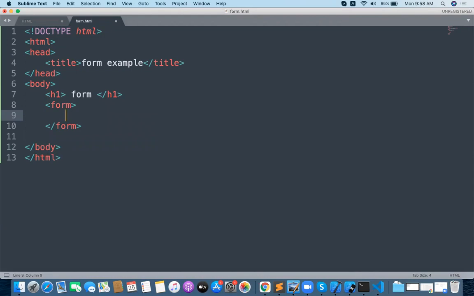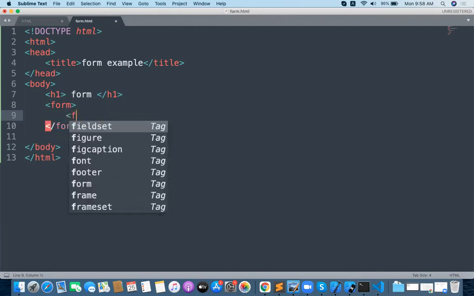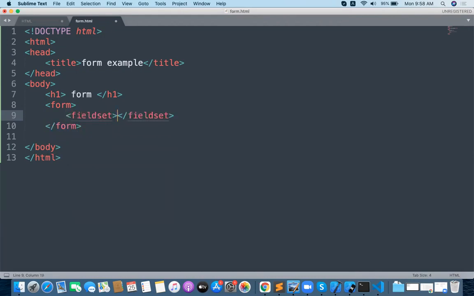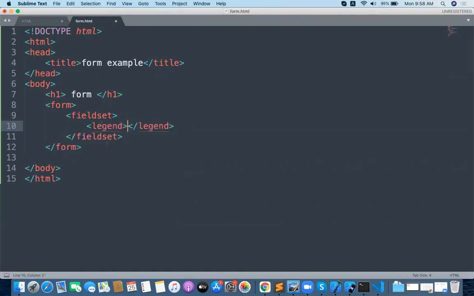Form tag open, form tag close. Inside that there is one element called fieldset. I will tell you what the fieldset is and why we use it for the form. The fieldset has one more tag called legend. Here I just want to create a simple form, and that is the name of the form.